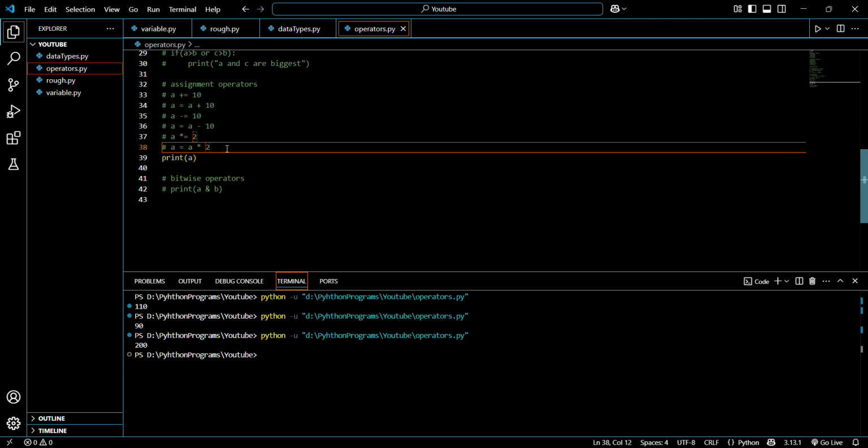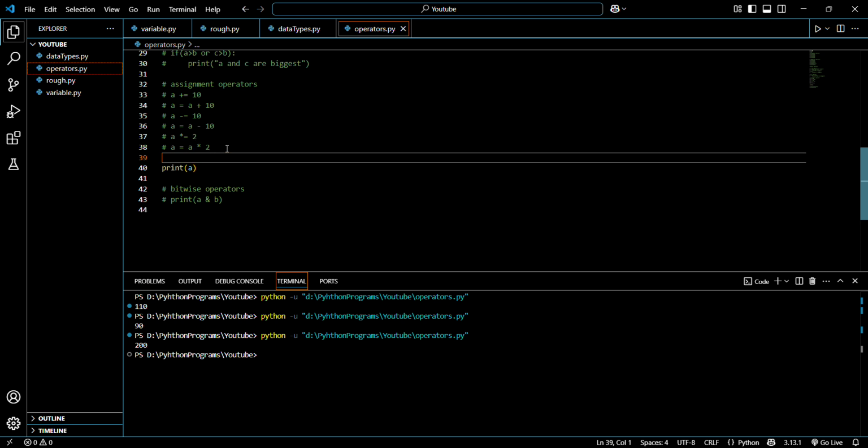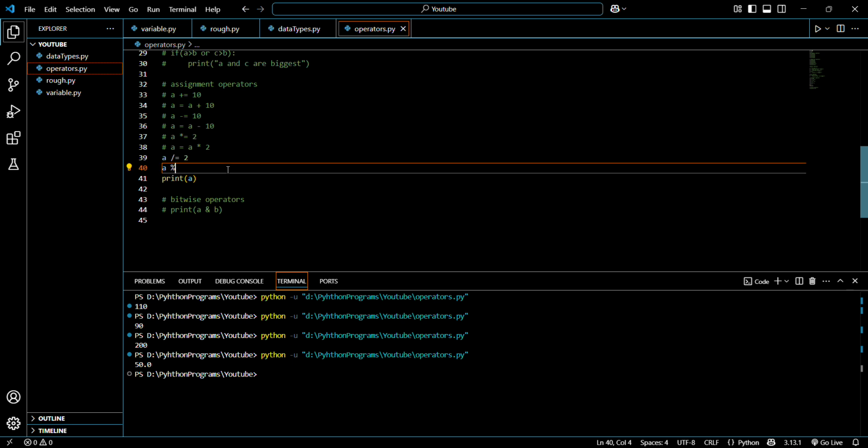Lastly, we can do division. We can do a divide equals 2. So now our value will be 50.0. And if I say a modulus equals 10,